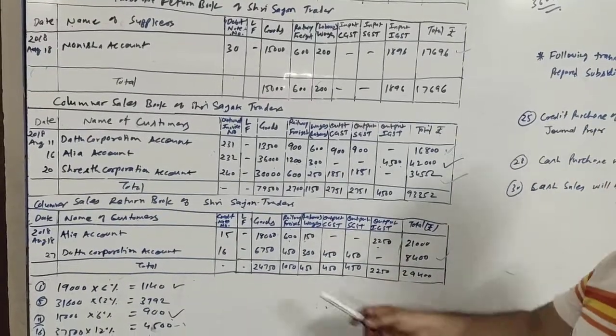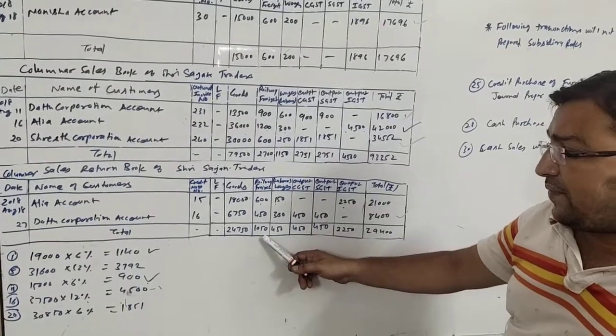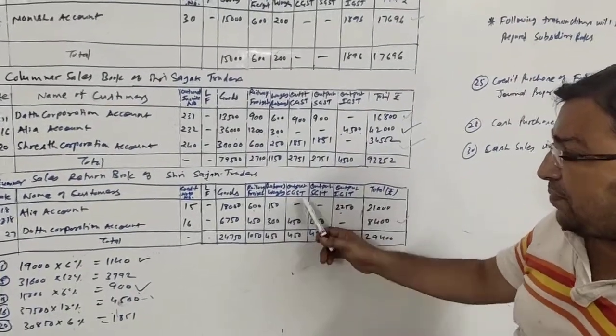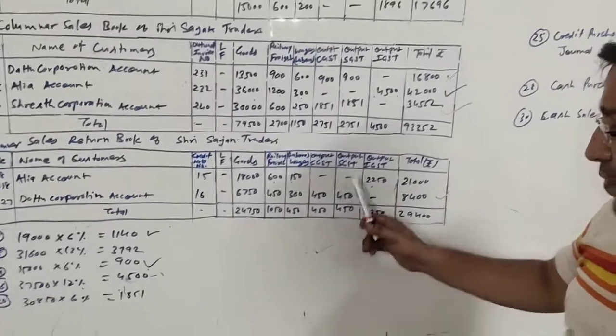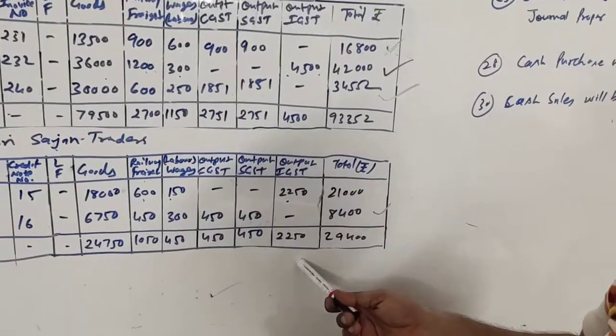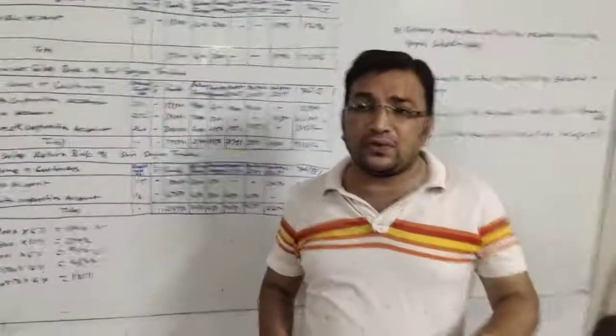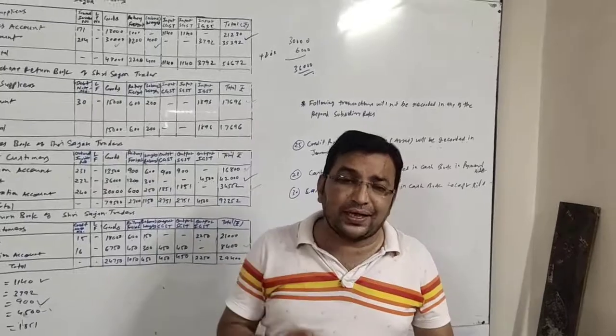Finally sales return book, the total of goods is 24750, railway freight 1050, wages 450, output CGST 450, output SGST 450, output IGST 2250 and total 29400. So this was all about sum number 30. In next lecture we will be